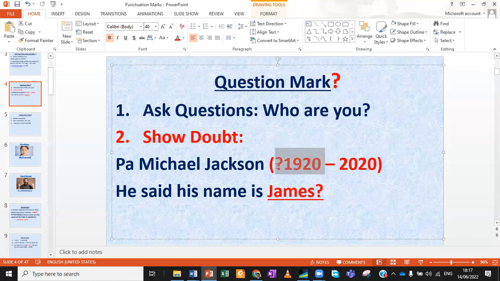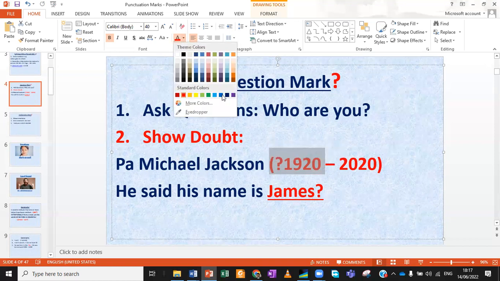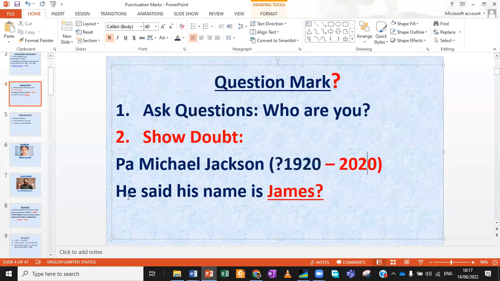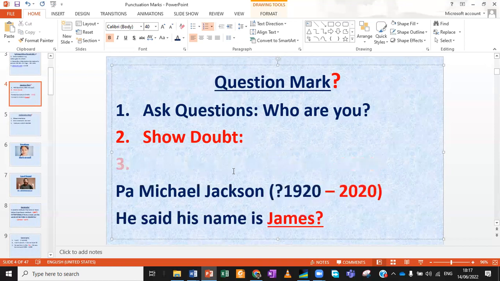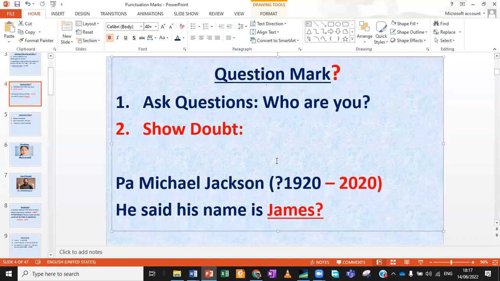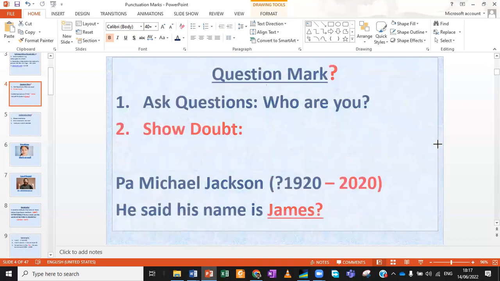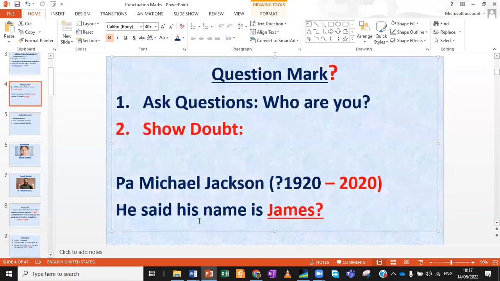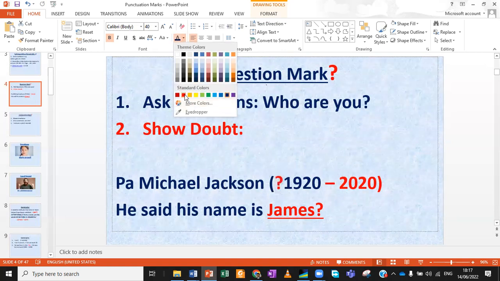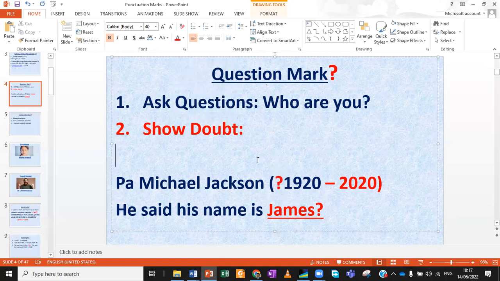What this simply means is that you are not sure when he was born. Sometimes, most of our great-grandfathers, we don't know when they were born. They too don't know. So once you put a question mark here and then put the date, you're actually telling people that I don't know when my great-grandfather was born,